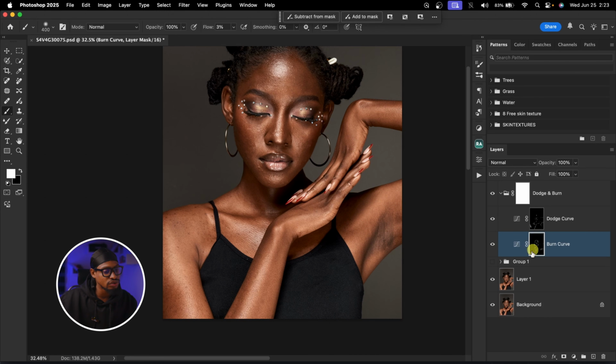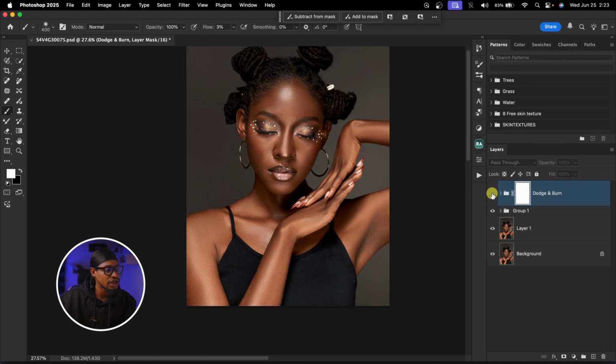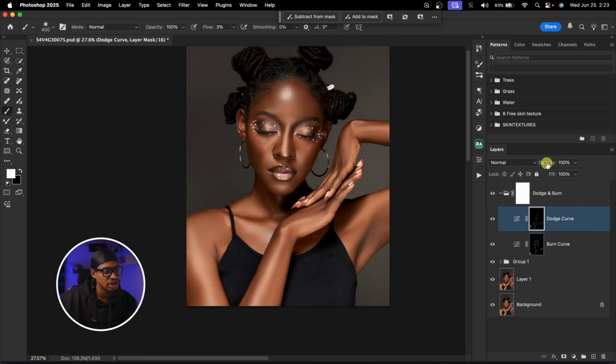Now from here, I'm just going to turn on my retouch layer. So come to the group and just turn the layer on. Alright, so let's see our before and after of our dodge and burn, of our global dodge and burn. See our before and after. If you feel it's too much, you can just come to the dodge, reduce the opacity